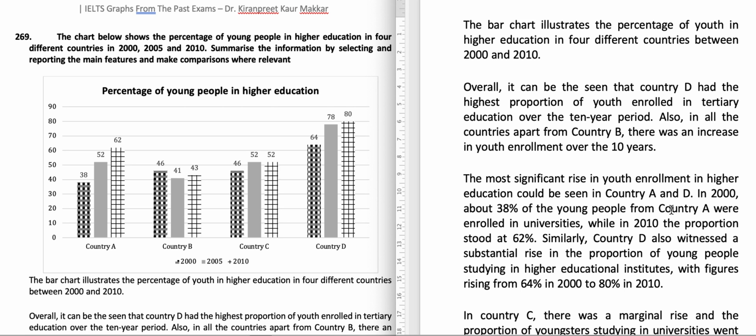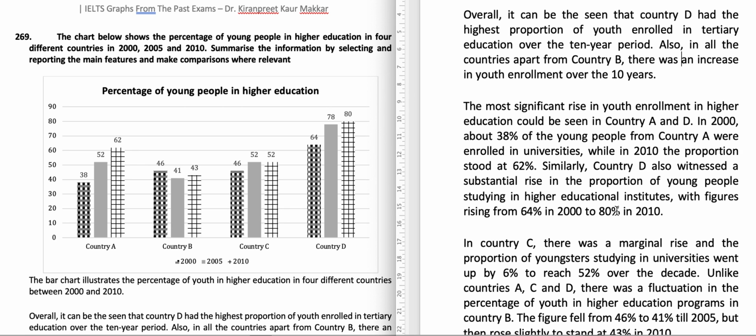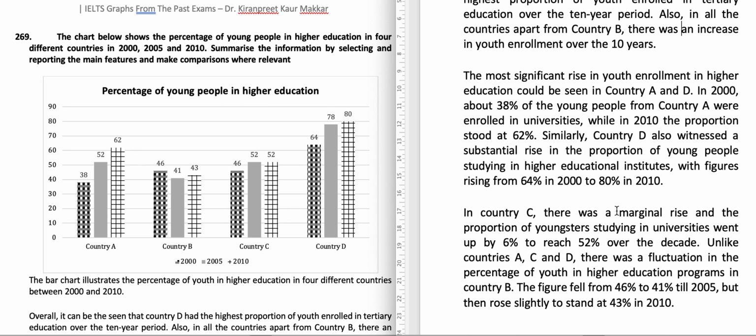In country C, there was a marginal rise, and the proportion of youngsters studying in universities went up by 6% to reach 52% over the decade. Unlike countries A, C, and D, there was a fluctuation in the percentage of youth in higher education programs in country B. The figure fell from 46% to 41% till 2005, but then rose slightly to stand at 43% in